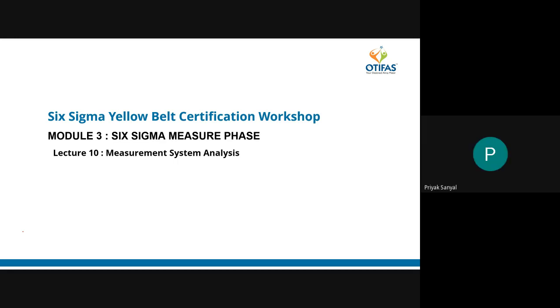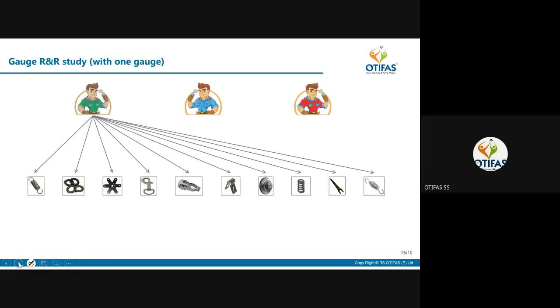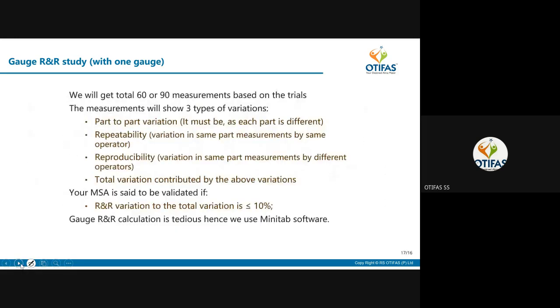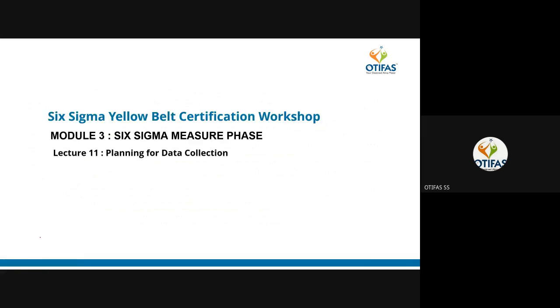Sure. Right. Okay. So MSA we will not discuss now. We will discuss it later. These are the processes of MSA, but we will not discuss them now. Now let's come to data. Planning for data collection. In the define phase, you have identified a problem. Maybe a rejection problem, maybe a rework problem, maybe a productivity problem, maybe a specification not being met. A lot of things can be there. It's all about identifying the right problem and selecting it as a project.